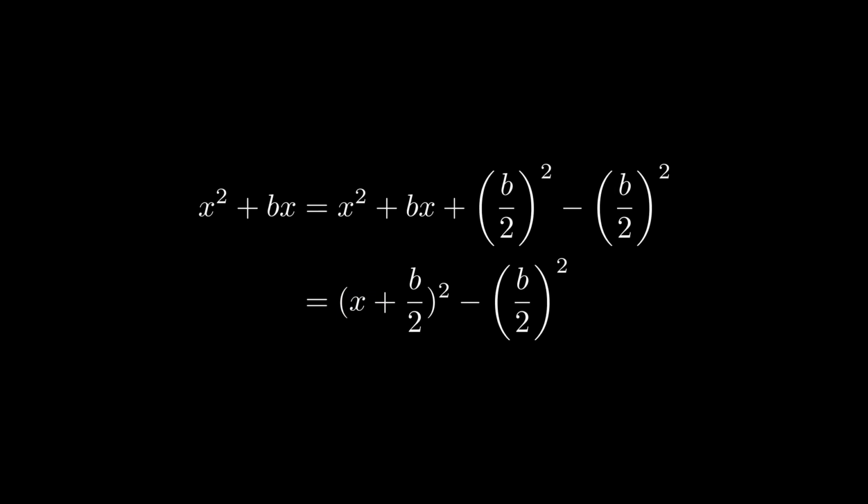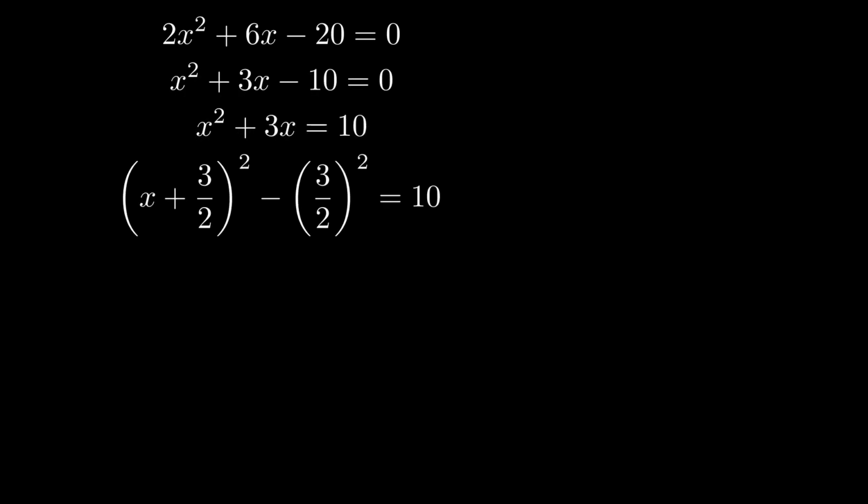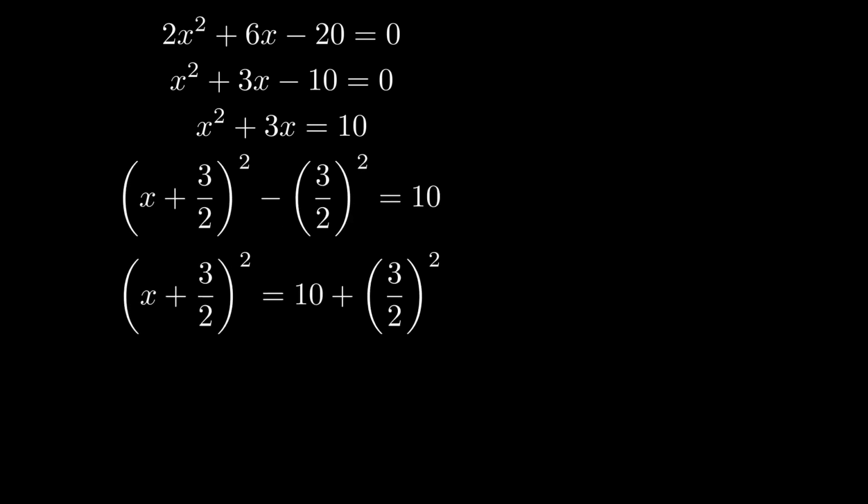To understand this better, you can try going backwards from the final result. For example, let's say we need to solve this equation. First, we make a equal to 1 by dividing all the terms with a. This doesn't affect the roots like previously shown. Then, we try to make x the subject by bringing the term without x to the right. After that, we can use our trick so that x appears only once.